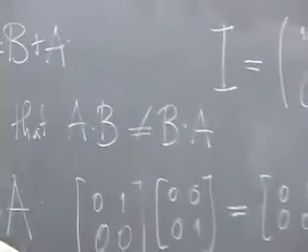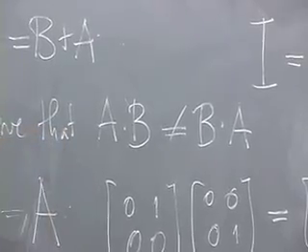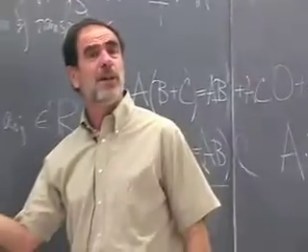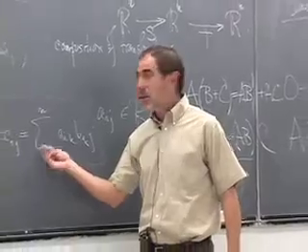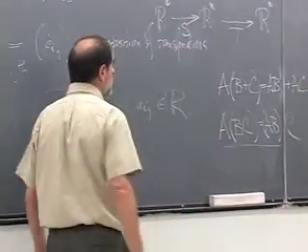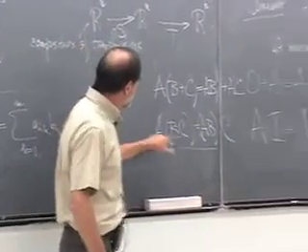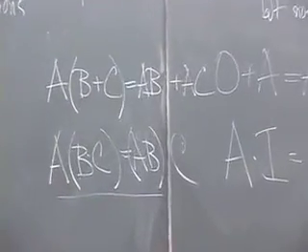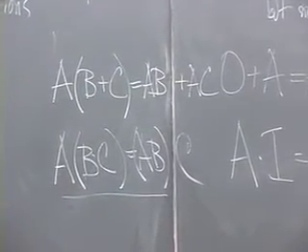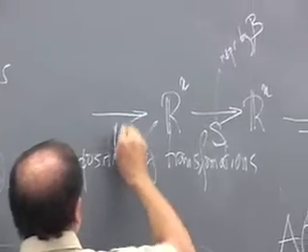Now, you might ask, how do I prove something like this? Well, it's truly hideous if you try to do it with this formula for the matrix product. But if you think of it in terms of composition of transformations, these are three different transformations. There's an S, a T, and maybe an R. Or U. Let's call it U for a transformation.